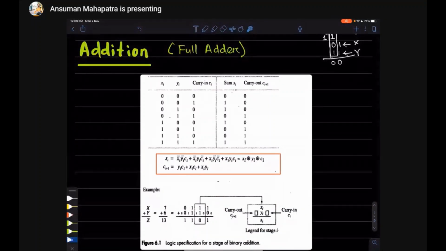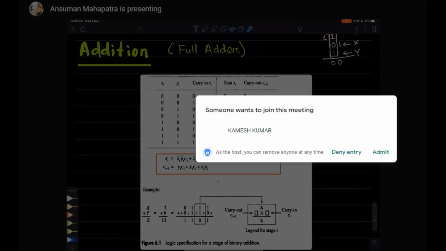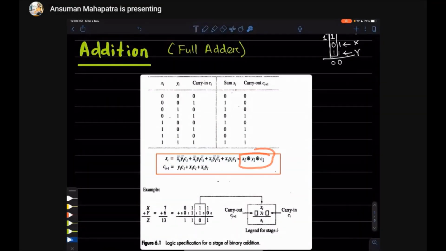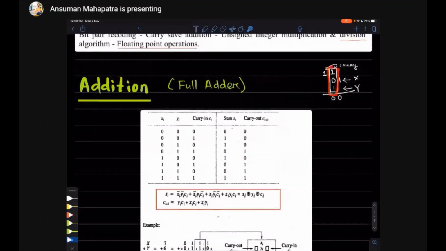So whenever you want to find the sum of 2 numbers, you have to use 2 XOR gates. Okay, the inputs are xi, yi and the carry in. Then how to get ci plus 1, that is the carry out. Whenever we are doing the addition of these 3 numbers, we have seen that 1 plus 0 plus 1 is equal to 0. This is the sum and there is a carry of 1. Okay, this carry is the carry out from this stage. So that's the carry out.